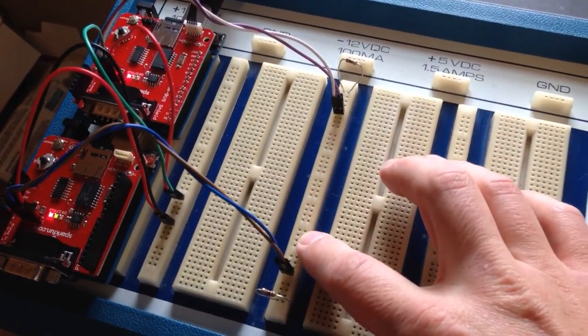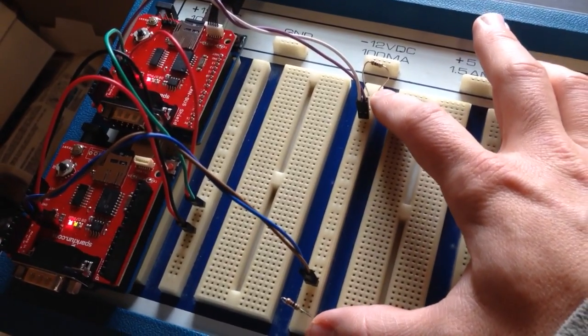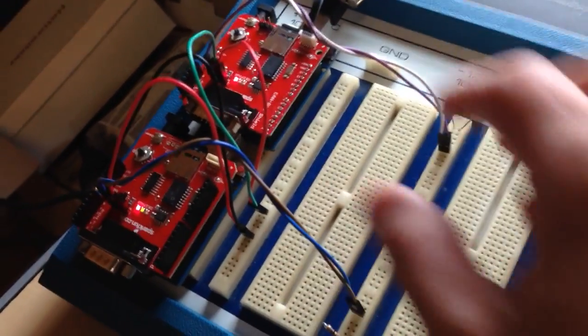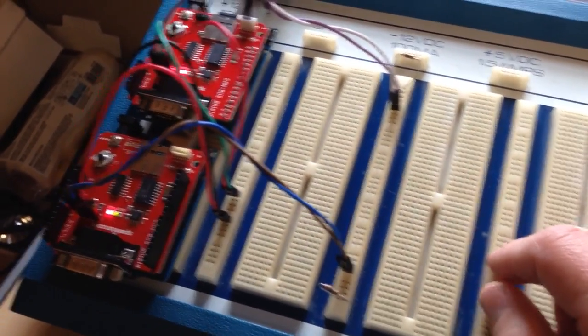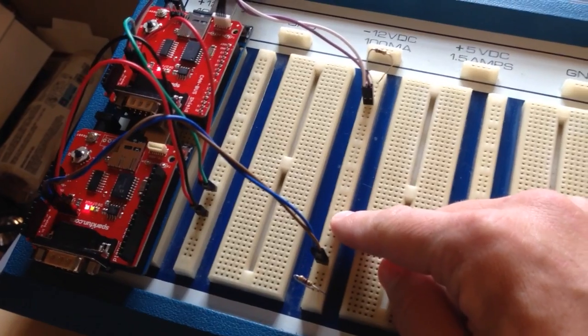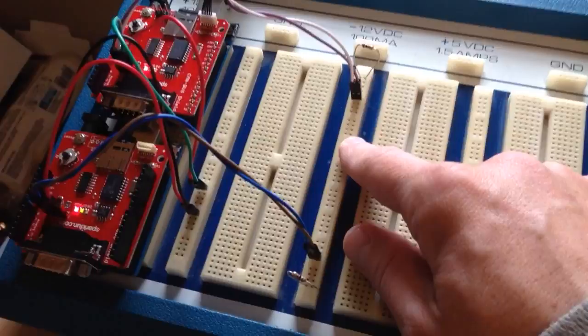You can see here on this breadboard rail, I've actually set up a CAN bus on it. Got termination on both ends and two nodes hooked up to two Arduinos right here. Later on, we'll come back and add a Raspberry Pi. This could be any twisted pair network, I think up to at least a kilometer in length in some applications,